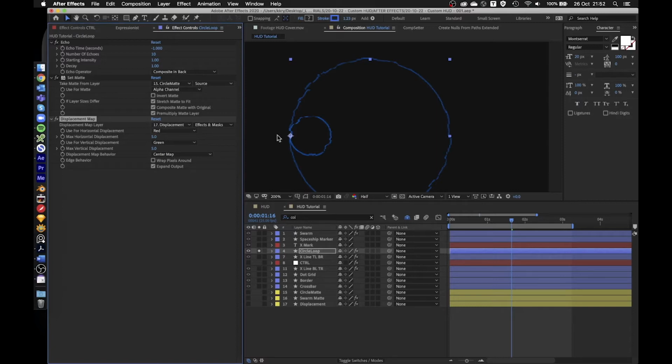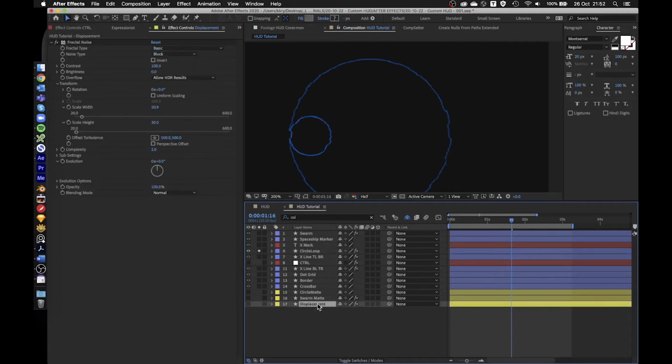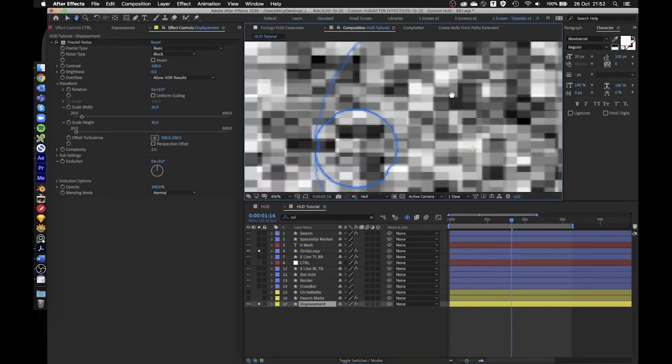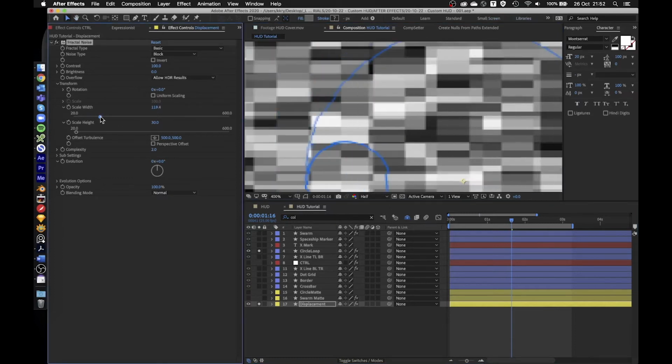Now I want to break this apart left to right, so I'm gonna use horizontal displacement only. I'm gonna use luminance, which is basically bright and dark values. And for vertical, I'm not gonna use anything. What I found is it's still being affected unless you center it to 0. So now the circle stays in the exact spot I want it to stay. It just gets broken up a little bit. If I bring up this fractal noise layer, I can show you. So it gets distorted. If I play with those values a little bit,